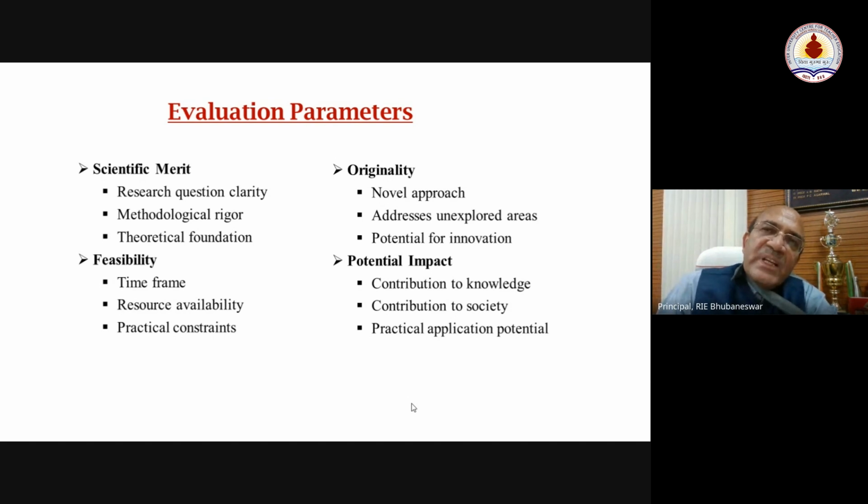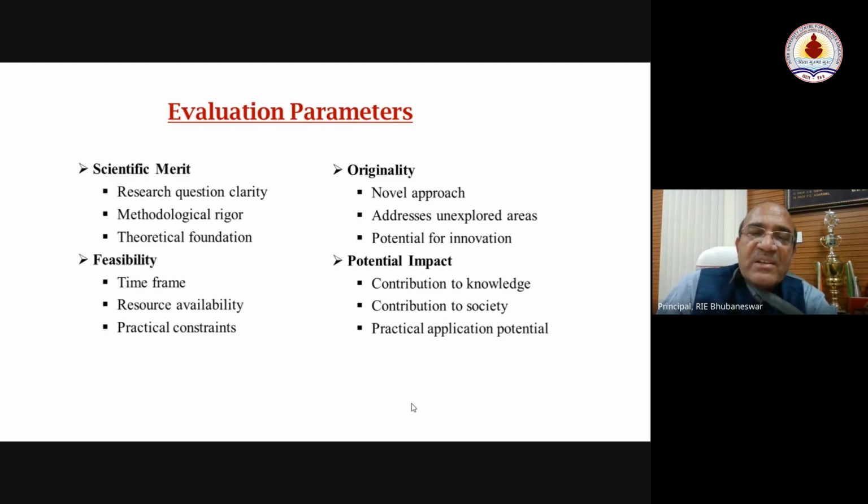So what they are doing, one has done on sodium, the other one will come and do on magnesium, the third one will come and do on aluminium. So that is just repetition of work, right? So there is no novelty in that work. So we should address unexplored areas, and these evaluation parameters should be able to give